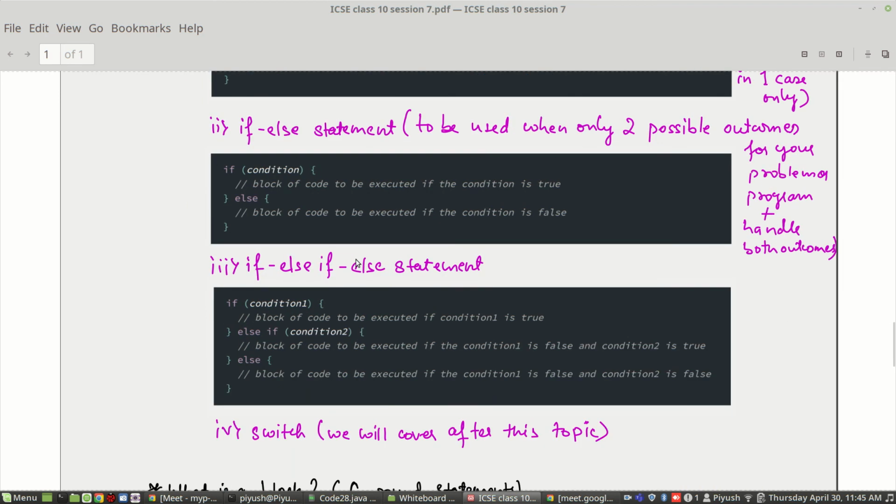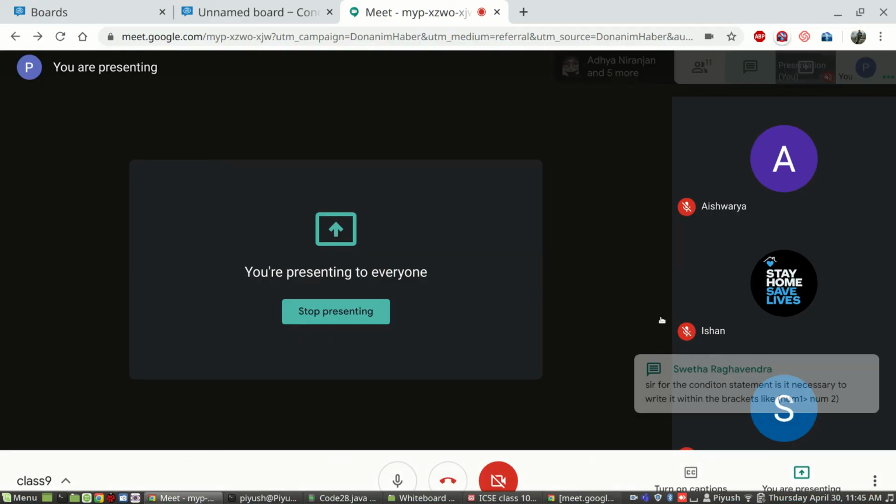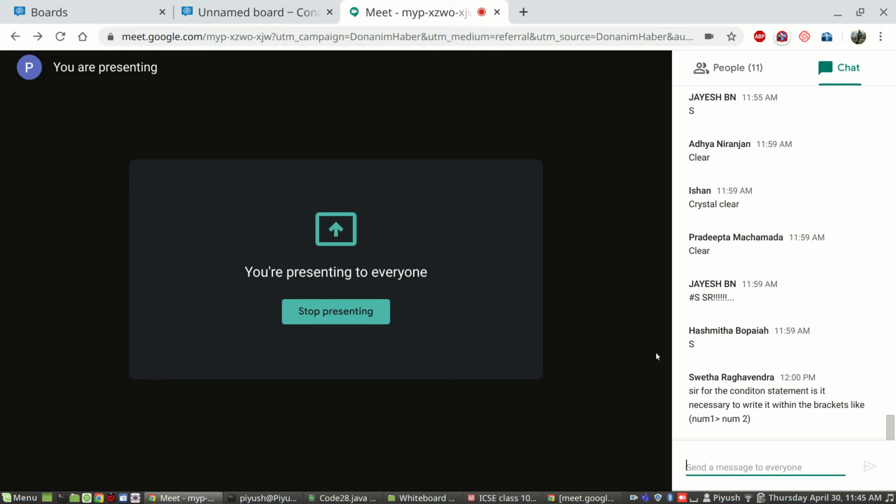programs of these, we have also seen, sir, okay, just a minute. For the conditional statement, is it necessary to write it within the brackets? Yes. Make it a practice to write it within the brackets. If you do not, you will be confused where to write and where not to write within brackets. If you make it a habit to write everywhere in the brackets, that is never going to give you the wrong answer. So with if and else if, always write the condition within brackets.